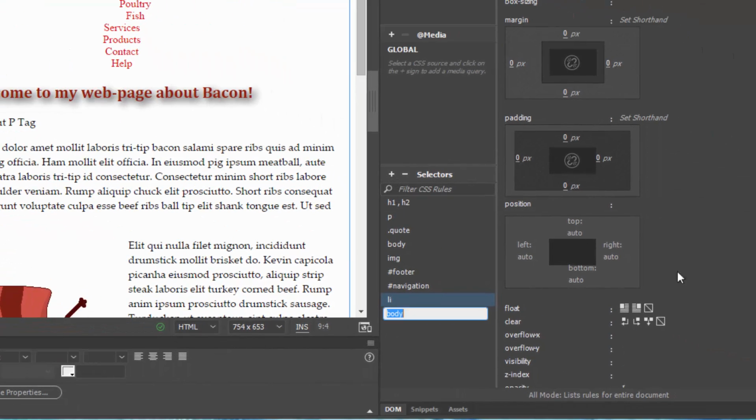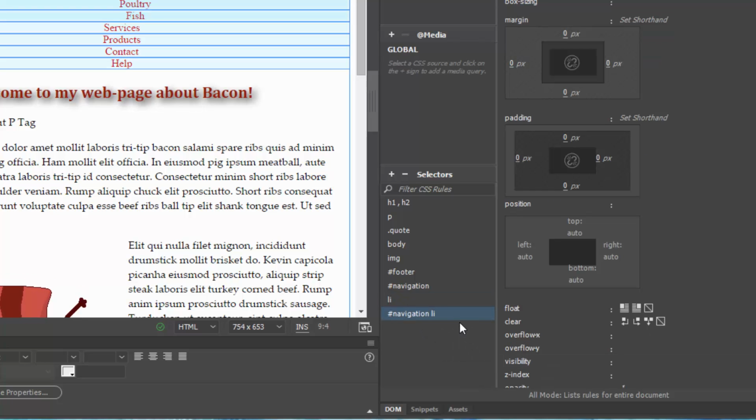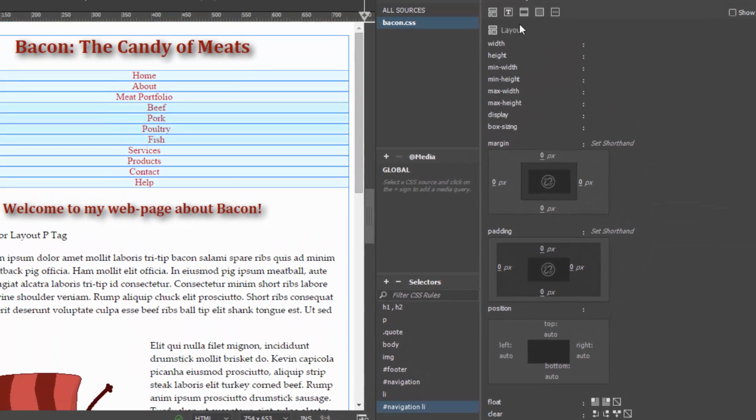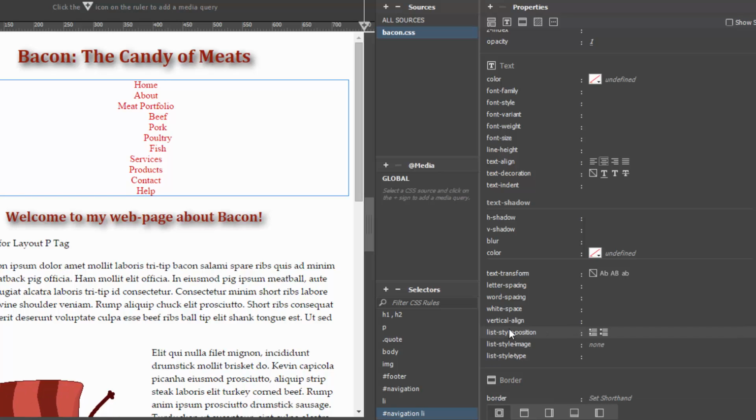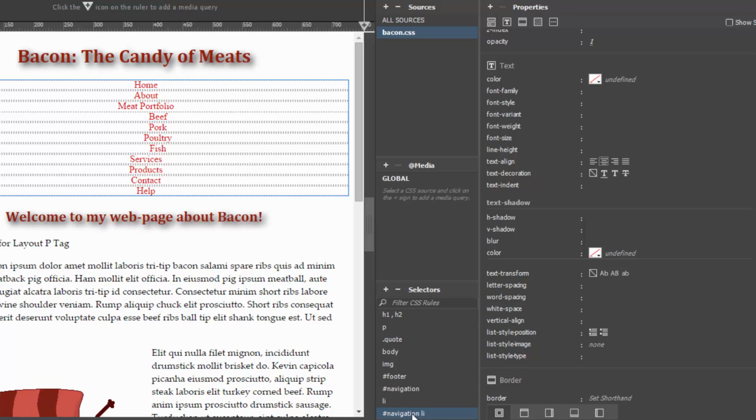I'm going to add new, and I'm going to target the ID, and you can see it prompts me for that. LI. So list items inside of the navigation ID. So under my navigation here, specifically the list items in my navigation,